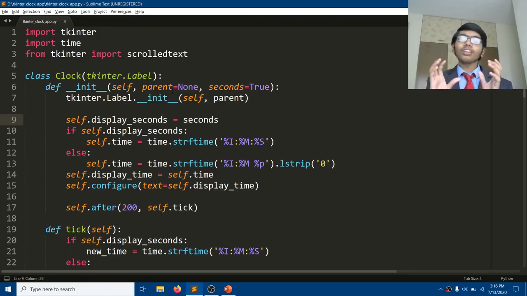In simple terms, what this program is doing is using various functions of the time package, integrating it with tkinter, and displaying it using the windows and widgets in it. I am going to explain more about these windows and widgets when I execute this app. Now that I have given you a brief overview of what this program does, I am going to execute this and show you how a tkinter graphical user interface looks and how our clock actually works.